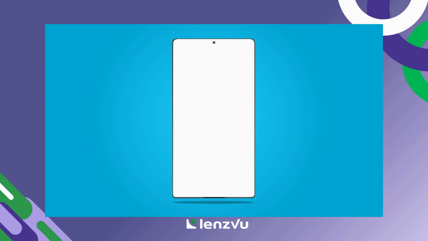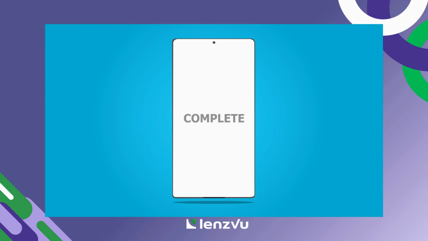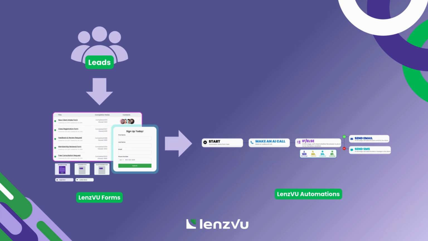Using forms together with automations helps improve response time, increase engagement, and reduce the chances of losing potential leads. Once everything is connected, your system can automatically capture leads, follow up with them, notify your team, and guide contacts through your sales process. That's how you create a landing page experience using forms and connect it to automations inside